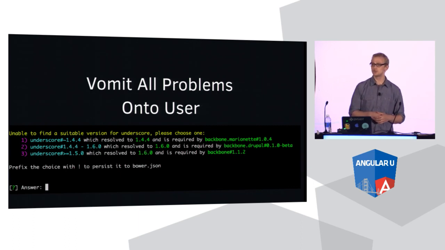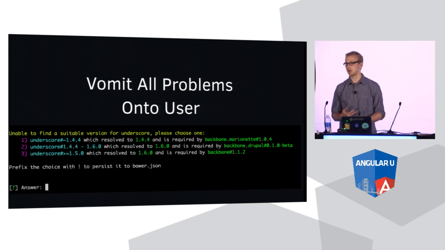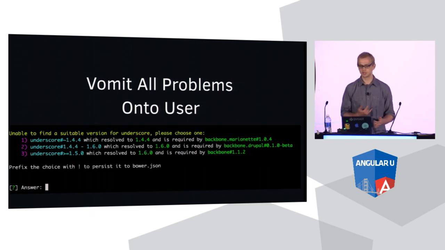And so if you've ever used Bower before, you're familiar with this sort of output here. It's very verbose, it's very confusing, and in some cases it may be somewhat helpful. So let's take the case of we have Angular 1.3 and 1.4 side by side. That clearly makes no sense. But underscore, that's actually not the case here. So we definitely don't want to be including 2 fat copies of underscore in our final production build. But in the short term, just for building our application, there's actually no reason why we can't have 2 versions.